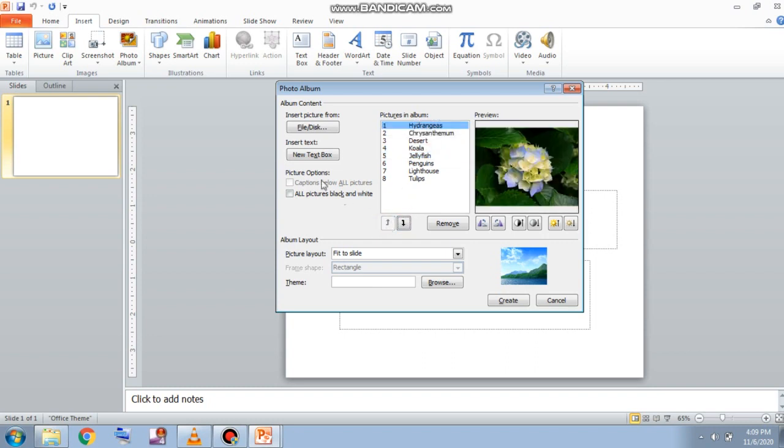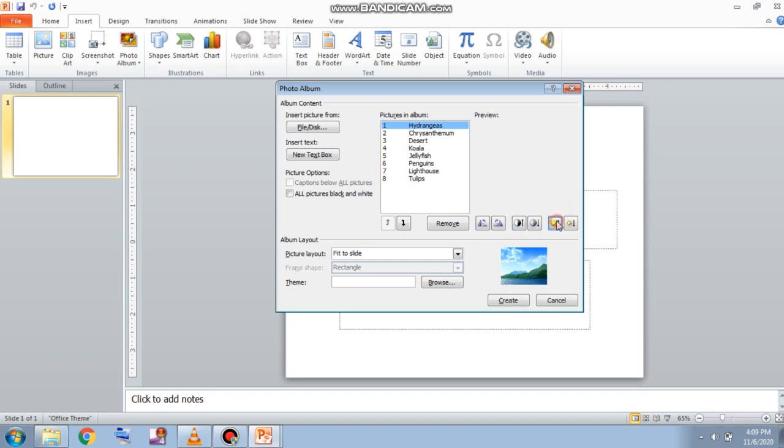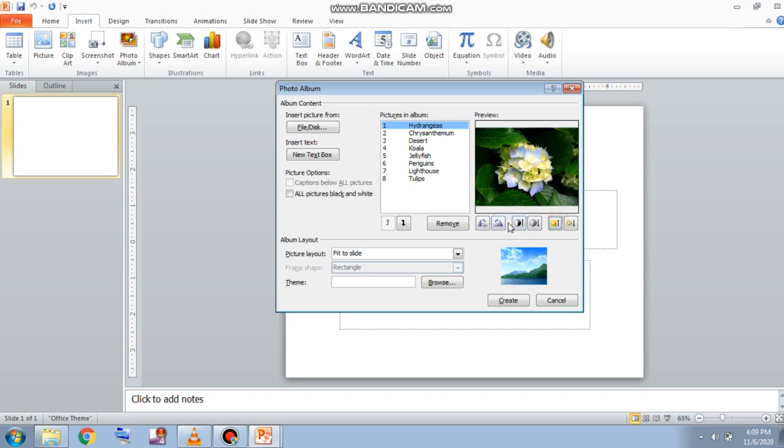Now after that we are going to see the color or the rotation. If you want to rotate this picture, then we will click on this and like this the picture will get rotated. But if you do not want the rotation, then no need to use these buttons. Now here is the option for the brightness. Like this we can increase or decrease the contrast and brightness. So we can use all these 3 options.